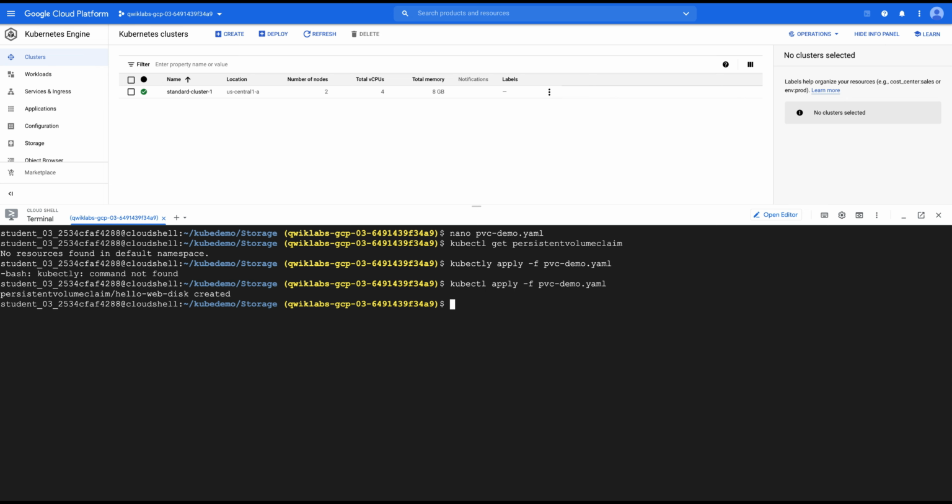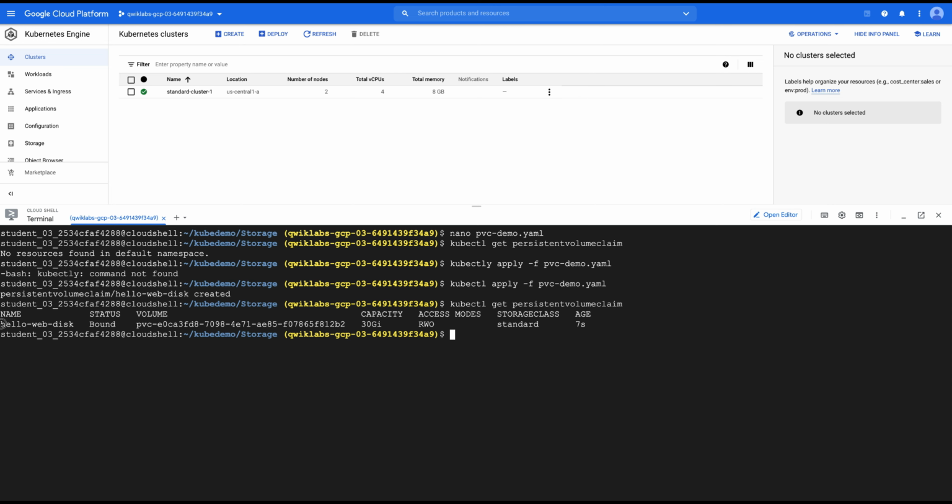This time it's going to create that, and if I run the get command again, we have that claim available. Hello web disk was the name which we gave, along with the volume and its capacity and access mode. All this is done behind the scenes for you, and this is how you can create a persistent volume claim.